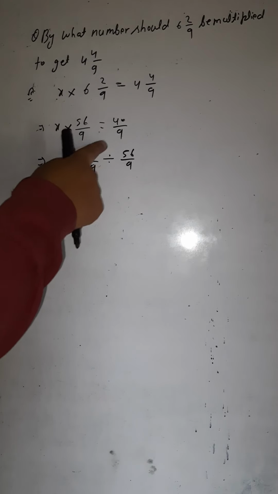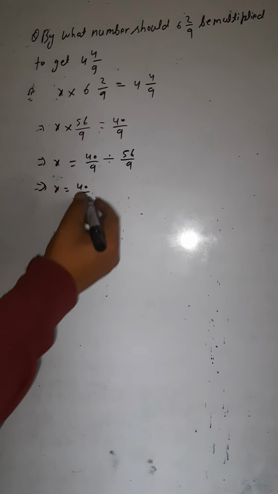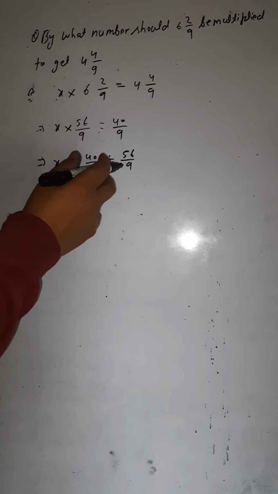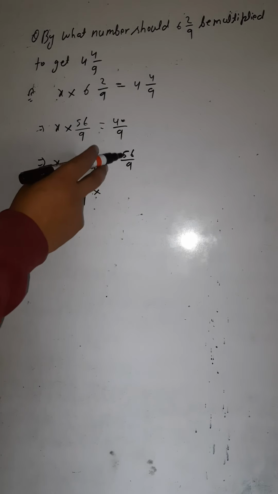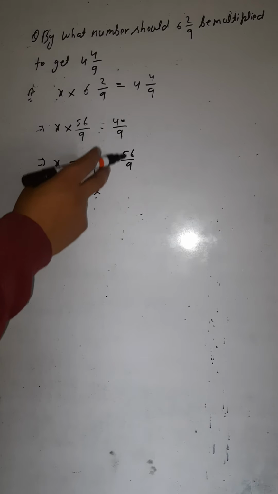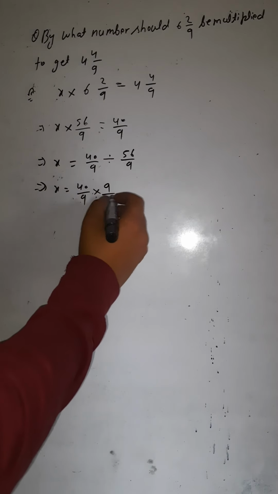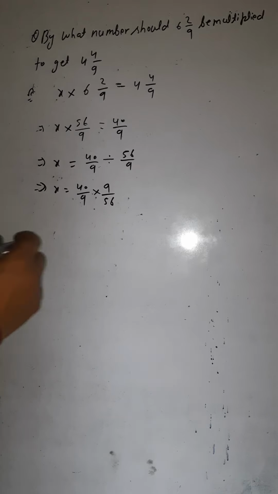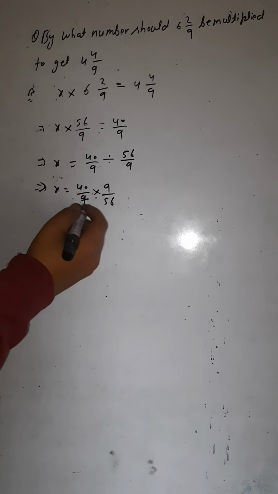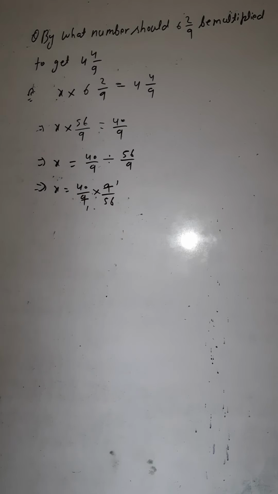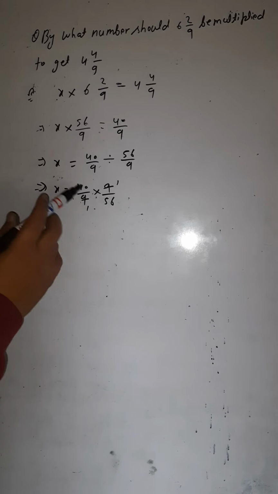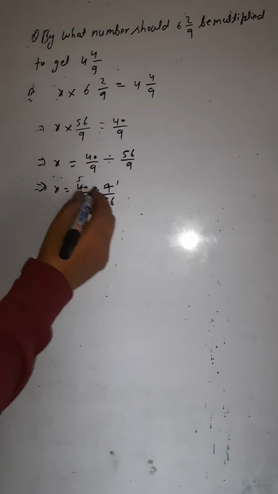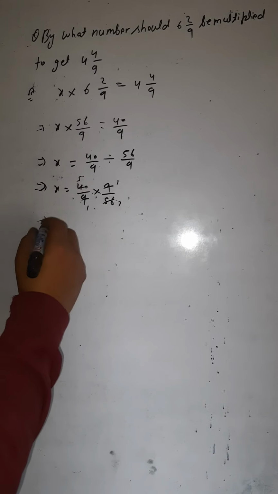Now you can change this division into multiplication. If I am changing into multiplication, then I would write the reciprocal of the fraction 56 by 9. I would write it as 9 by 56. I would reverse it. Now you can cut 9 1s are 9, 9 1s are 9. Both you can cut by 9. Here also, both of the digits you can cut by 8. Look here, 8 5s are 40 and 8 7s are 56. So you have the answer now.